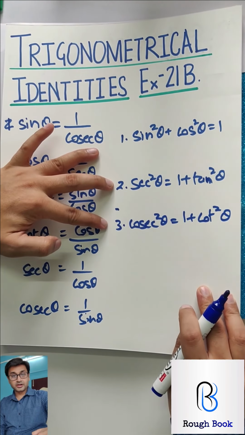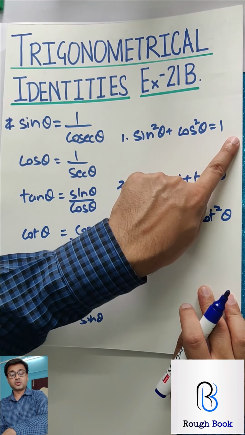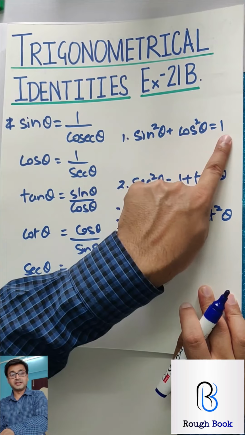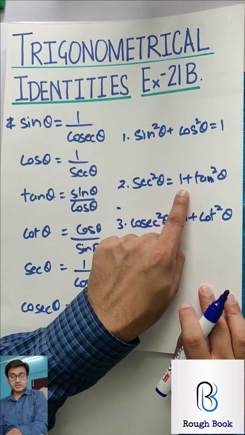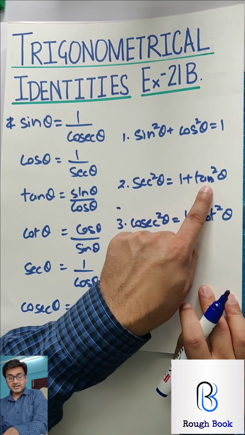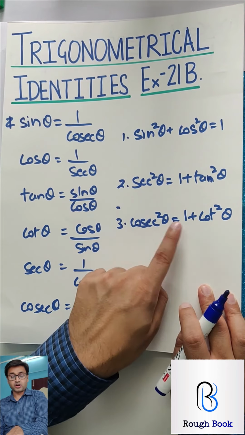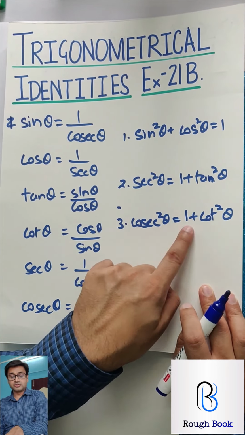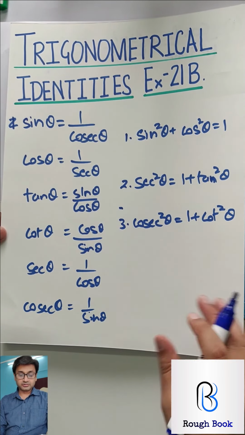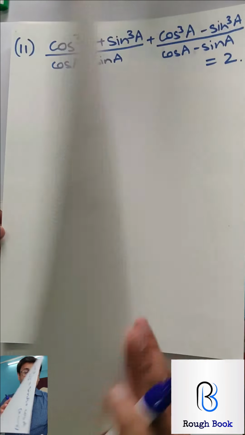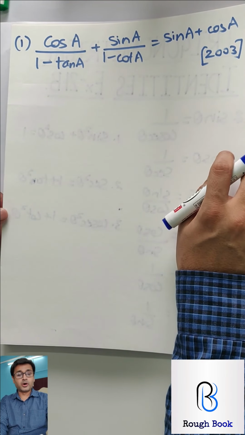So three square ratios. You can use these in different ways, as in sine square is equal to 1 minus cos square, or cos square is equal to 1 minus sine square. Likewise, you can say sec square minus tan square is 1, or tan square is equal to sec square minus 1. Likewise, cosec square minus cot square is 1, or cot square is equal to cosec square minus 1. Depending on whatever you want, or on the question, you can accordingly use and frame it. So let's hit it. Sum number 1 part 1.